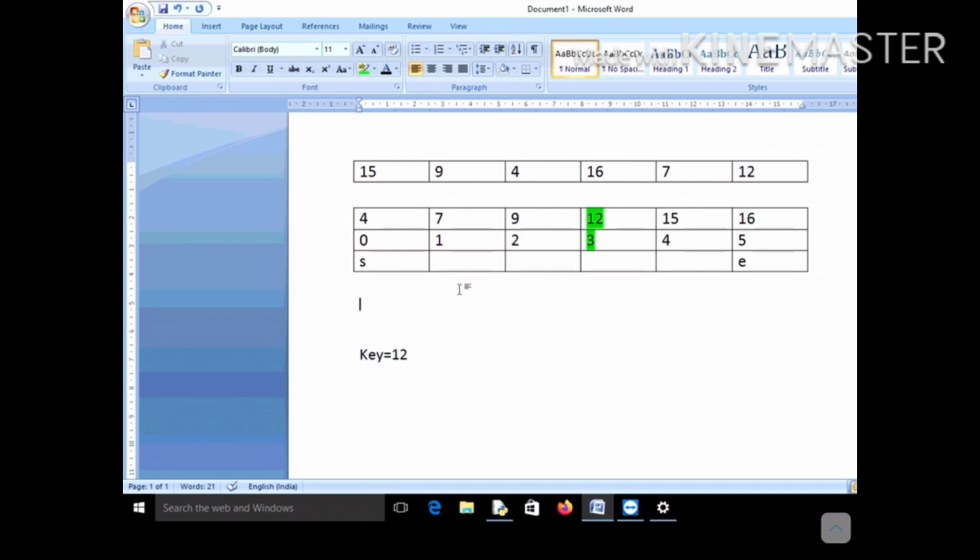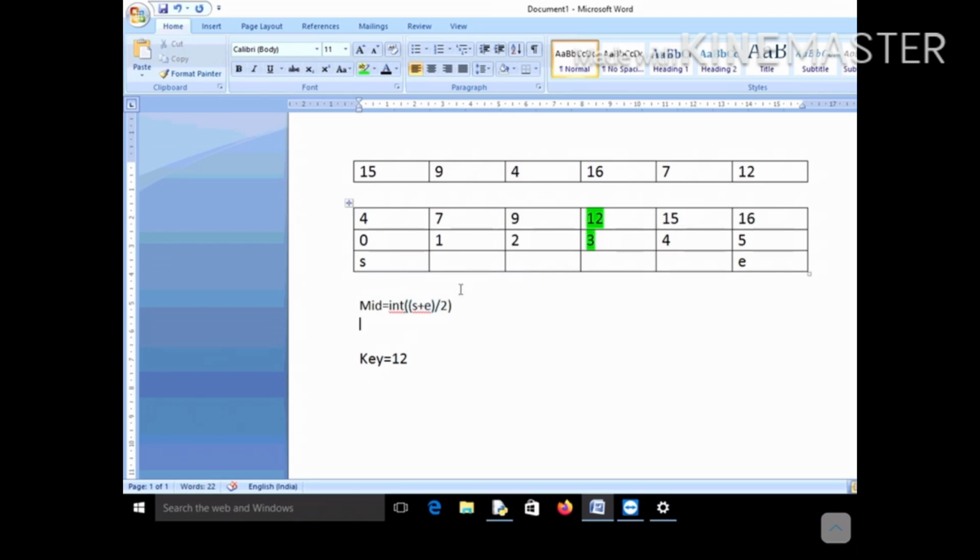Okay, now what will happen, besides this, the very first step is after we have assigned this S and E to the start and end index positions, you have to compute something called mid. As you can guess from the name, mid is nothing but the mid position. So what will be the mid of S and E? It will be nothing but S plus E divided by 2. So this is basically your mid index position. And of course you have to take its integer part. Sometimes it may not be an integer, so you have to take the integer of S plus E